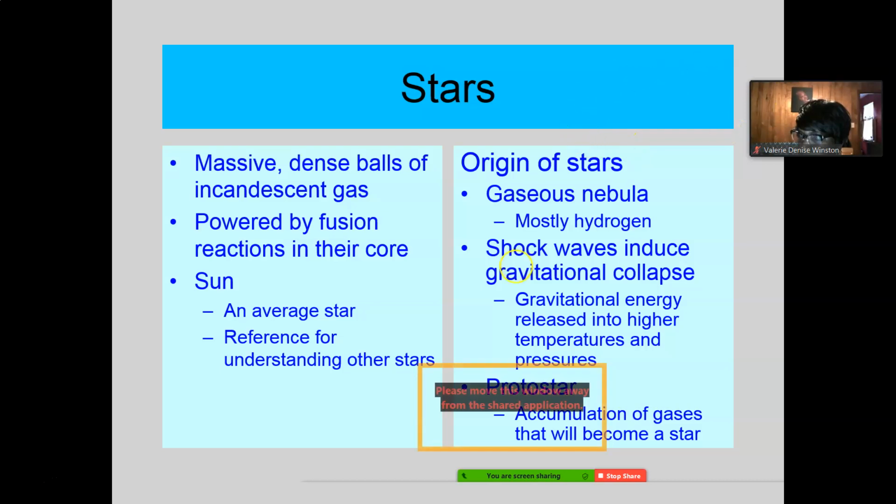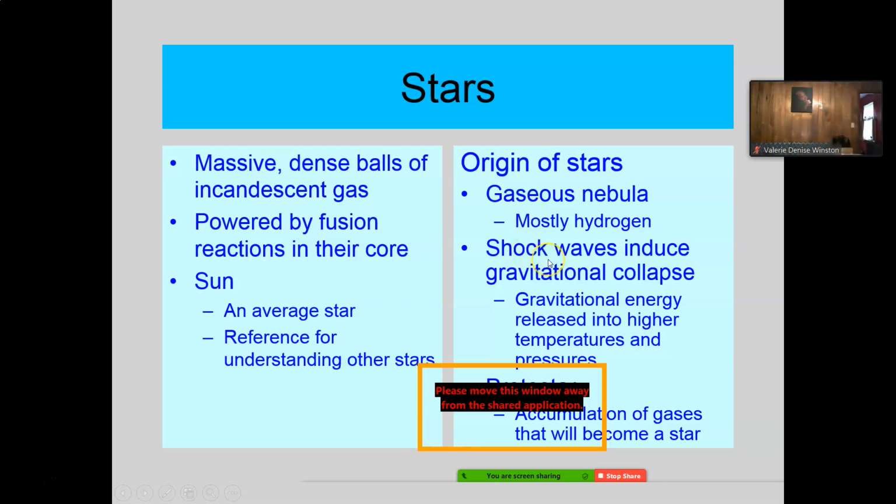In fact, our whole solar system could fit in some of these gaseous nebula. Incredibly large amounts, but very spaced around. Now, those gases are mostly hydrogen. I can't tell you why they're mostly hydrogen, but they are. The simplest gas that there is: 1 proton, 1 electron, no neutrons. Mostly hydrogen.